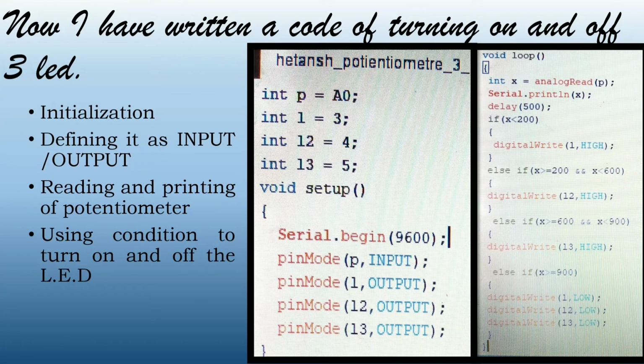Now let us discuss the code of turning on and off 3 LEDs. Firstly, I have done the initialization of potentiometer on A0, then I have done the initialization of LED on 3, 4, 5 respectively, then I have written potentiometer and LED as input and output, then I have defined the value of potentiometer on X and then I have printed the value of X on serial monitor,